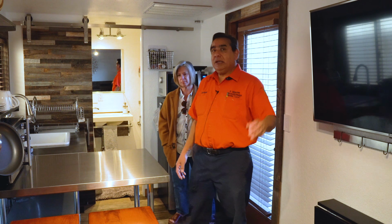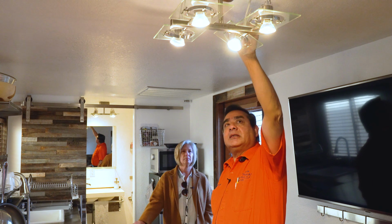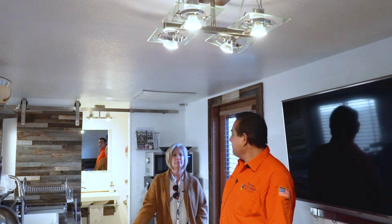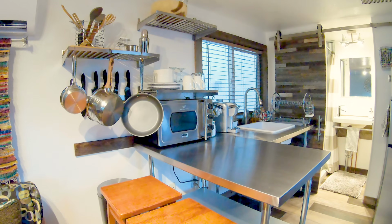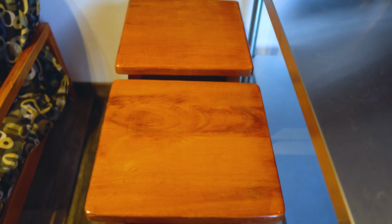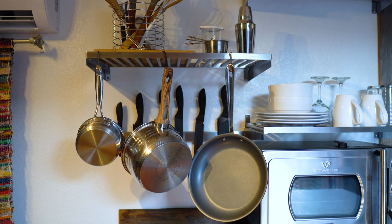We did IKEA lighting. This particular lighting, we can direct in different positions. That way you can set it to the areas that you want it to look at. In trying to keep with the minimalism of a tiny house, we needed to really be careful with our choices in regards to lighting and plumbing and everything basically that we put in here. And IKEA was a great resource. Yes, because they do have,